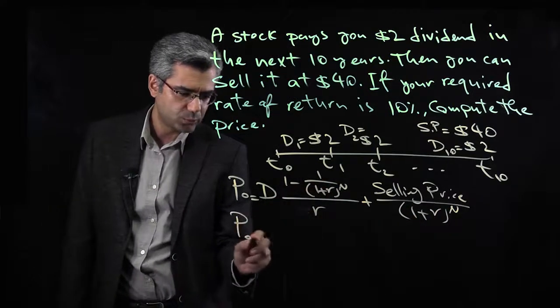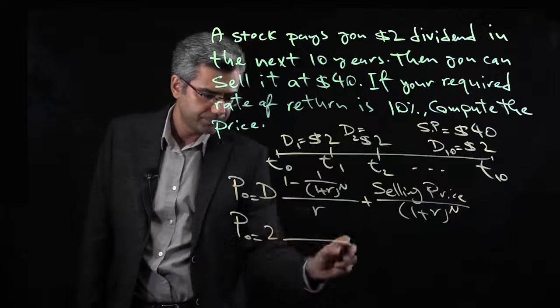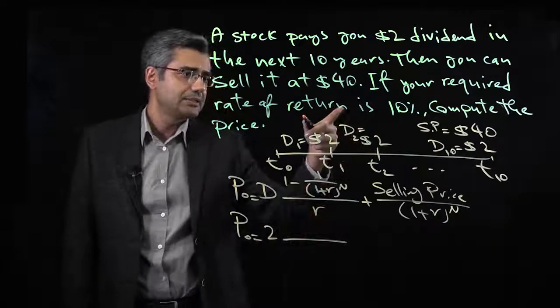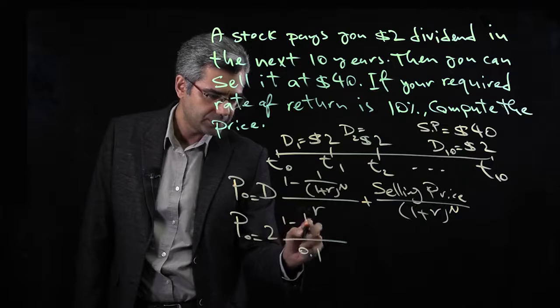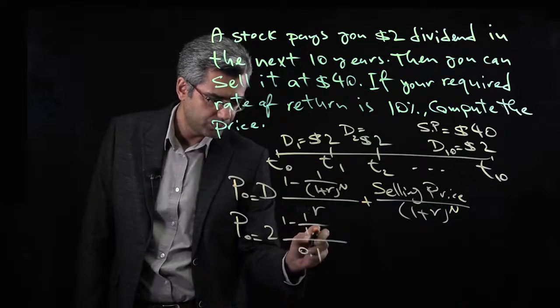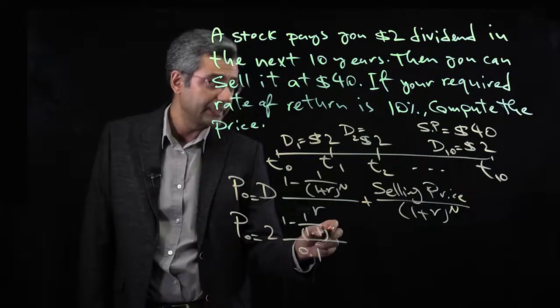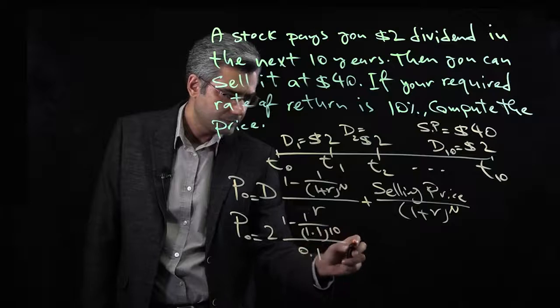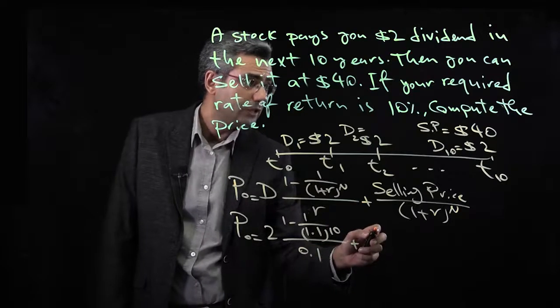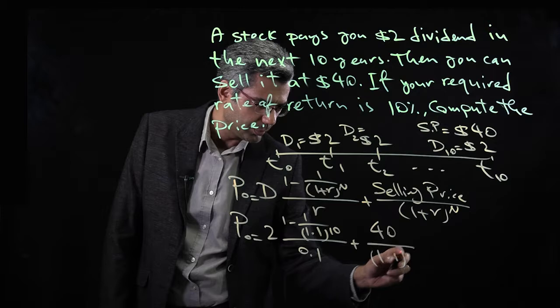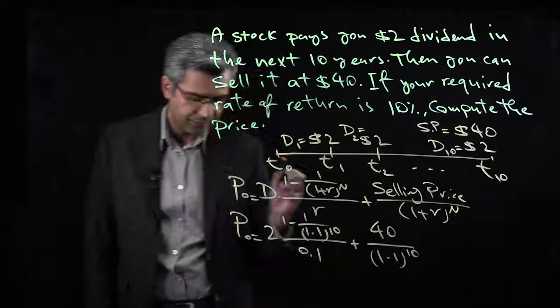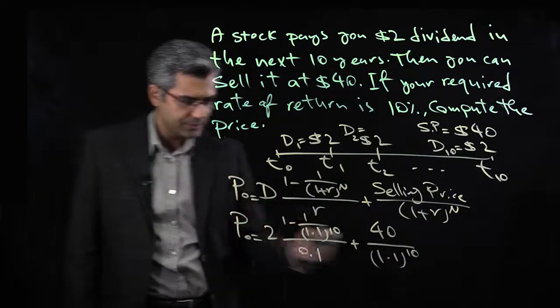So the price will be $2, interest rate is 10%, so 0.1, times 1 minus 1 over 1.1 to the power of 10, plus $40 over 1.1 to the power of 10. And if you compute the price, it will be